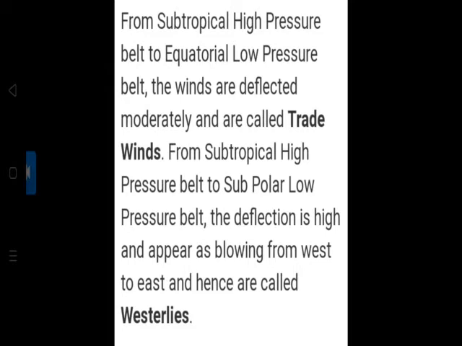Now let's understand what the subpolar low pressure belt is. The subpolar low pressure belts extend between 45 degrees north and the Arctic Circle in the northern hemisphere and 45 degrees south and the Antarctic Circle in the southern hemisphere. They are known as the north subpolar low and south subpolar low pressure belts respectively. Winds coming from the subtropical and the polar high belts converge here to produce cyclonic storms or low pressure conditions. So this is also called the polar front.